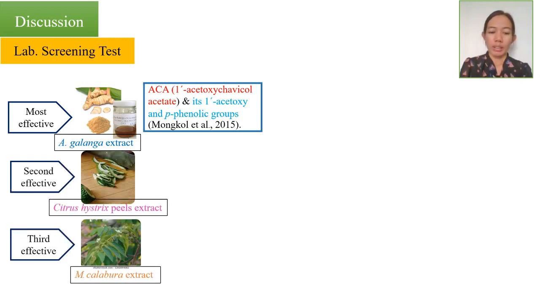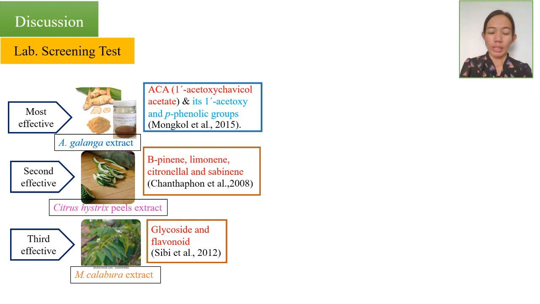And then the other two extracts from mangrove and clavula leaf also showed a moderate effect because of their chemical components, beta-pinene and limonene from mangrove, and glycoside and flavonoid from clavula leaf, which have antifungal activity, and they can control a moderate amount of growth of the two fungal pathogens.